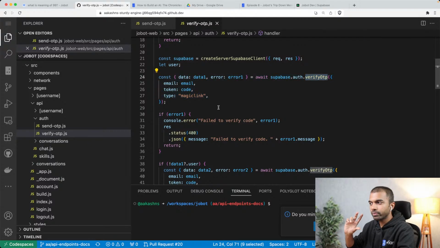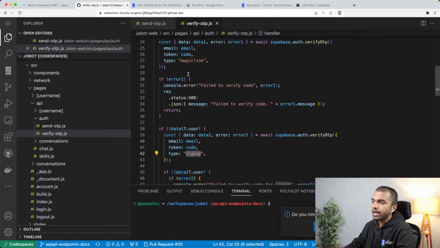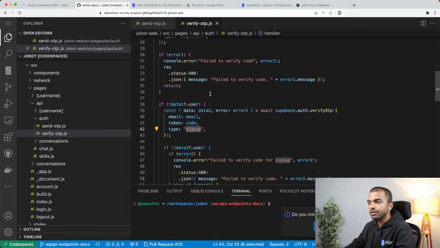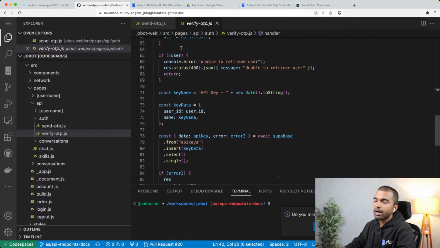So the trick here is we need to do it twice, once to check whether it's a sign in and once to check whether it's a sign up. That's why we check once as a magic link, which is a login, and the second time as a sign up, which is just a new account creation. So yeah, if we get an error while trying to sign in, we try to sign up. But regardless, once we get the user,